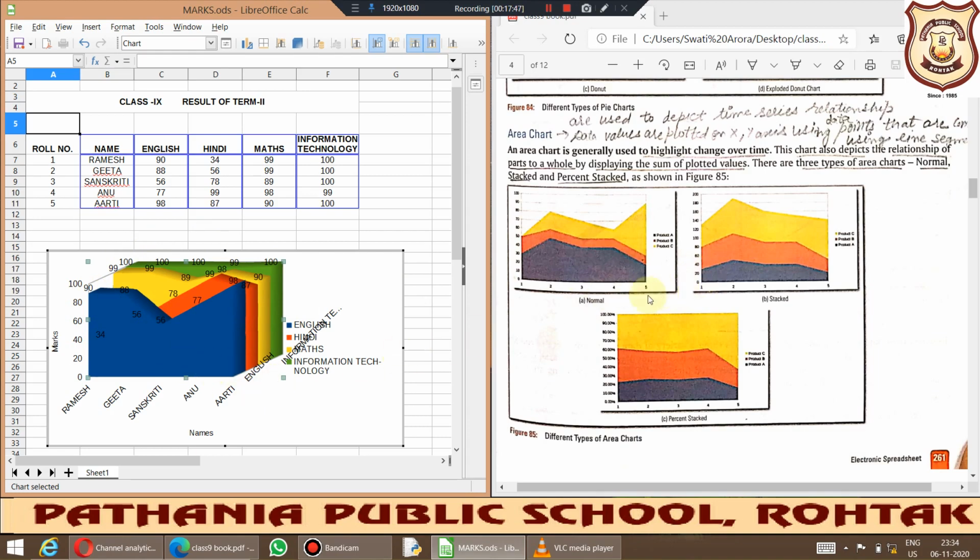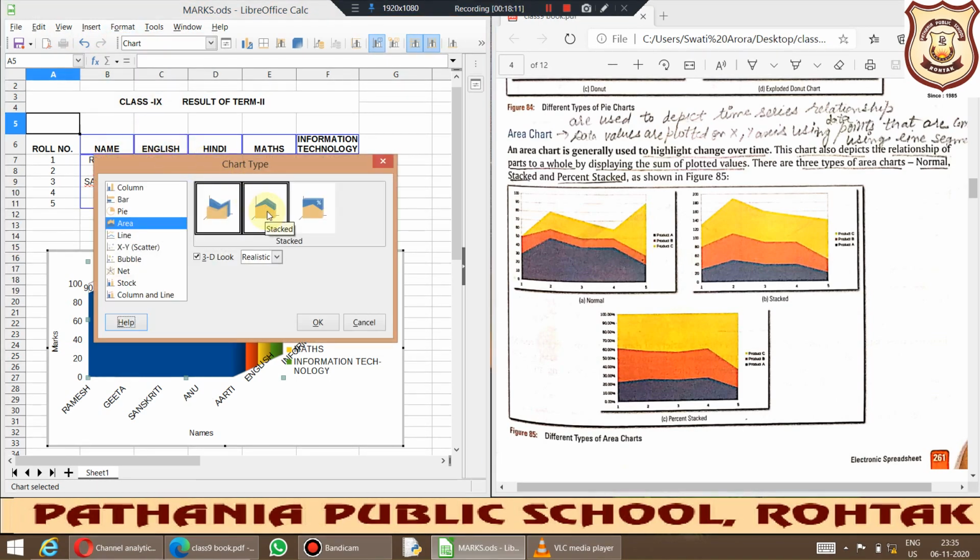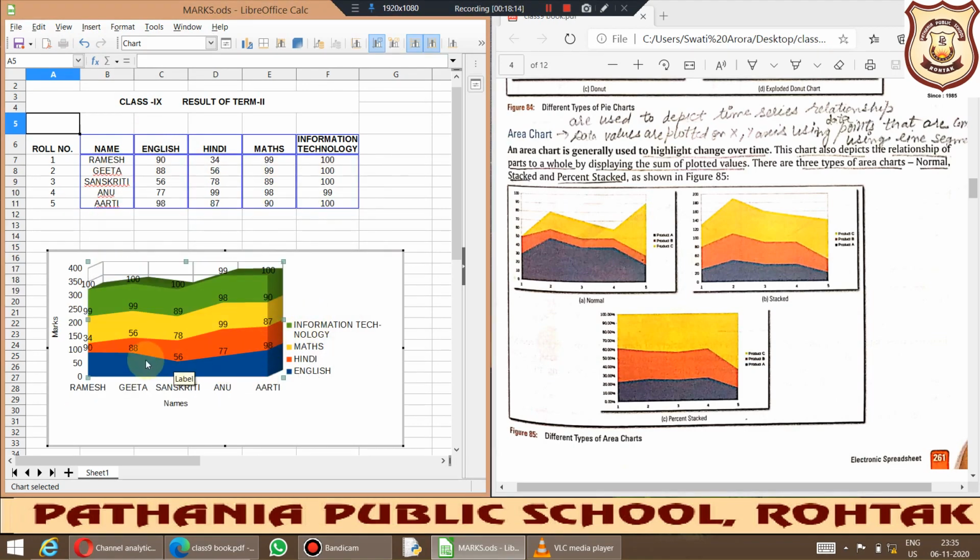Okay, so we can have 3 variations, like normal, stacked, and percent stacked. Okay, stacked again is on the same concept. One is placed above the other, meaning marks of one subject of a student have been placed over the other. Okay, so let us now bring this change here. So this is your stacked chart, so you can see how it is looking. So we are stacking the things one over the other, and firstly we have drawn the points, and then we have combined it through the lines, so it is giving an area like appearance to us.